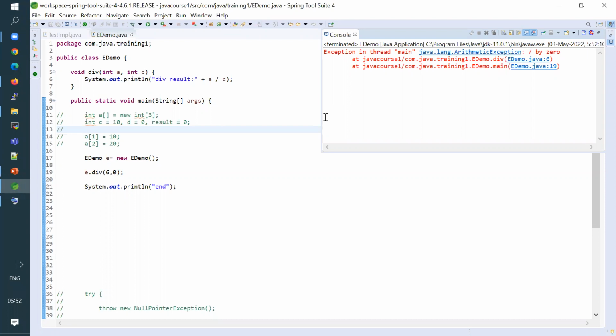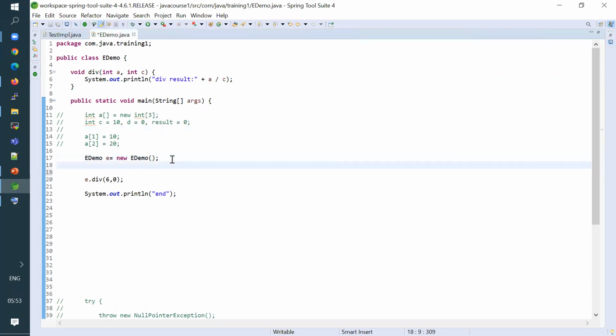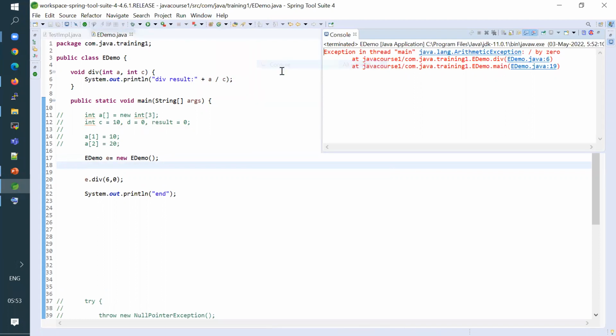You're calling certain method for some functionality. Your method is throwing that exception. If at all you write the code like 6 by 0 here, you would know that you're dividing by 0, so you would put a catch here. So in this scenario, what will you do? Just think. How do I handle exception here in the first place? Try catch.